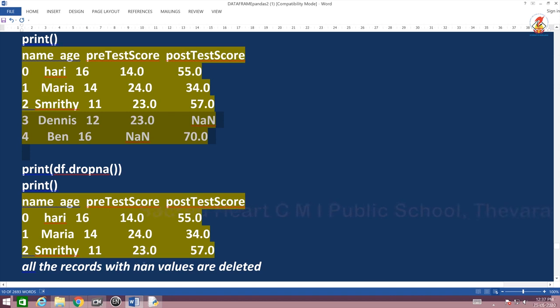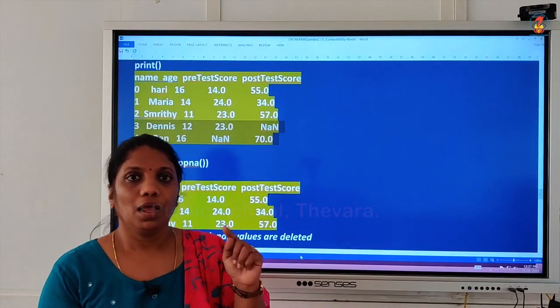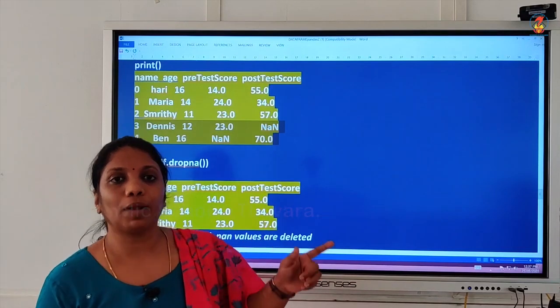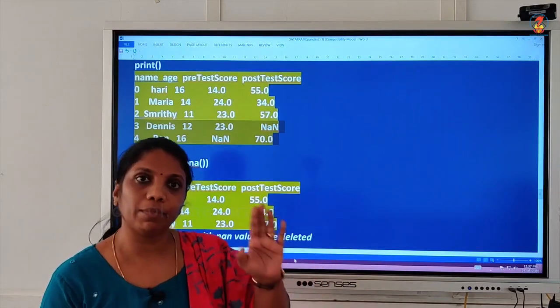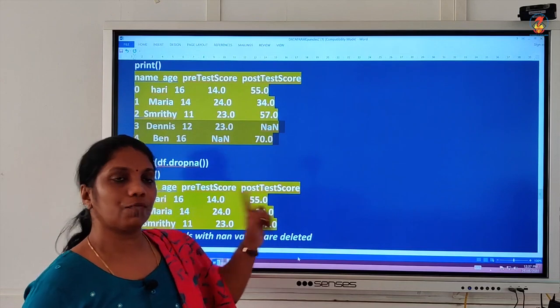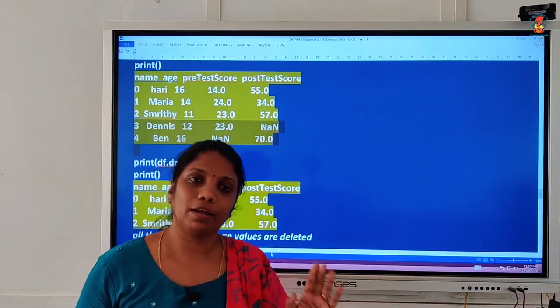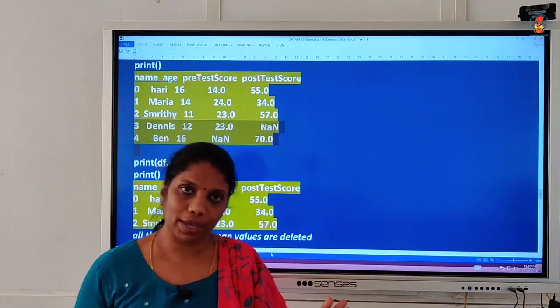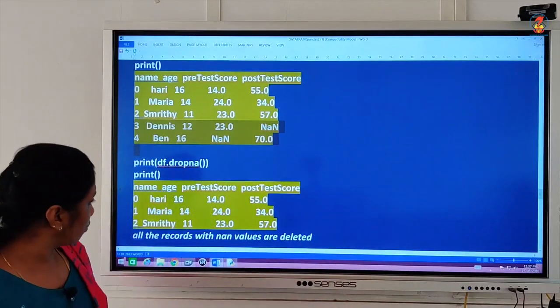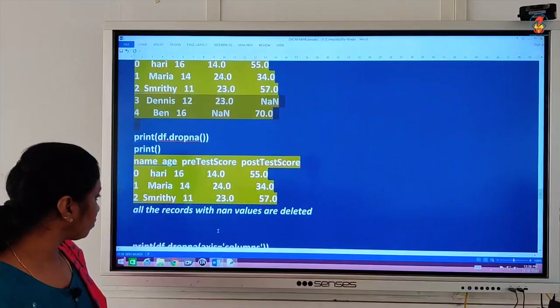See, automatically all the records with NaN values are deleted, but not in your data frame. It is only now getting displayed in the print. Your data frame remains to be the same. That means after this, if you write print df, the existing data frame will have the NaN values. Okay. So we'll move on to the next one.